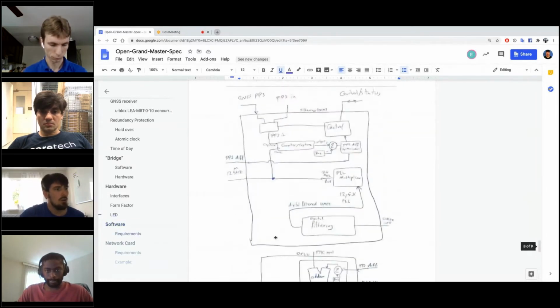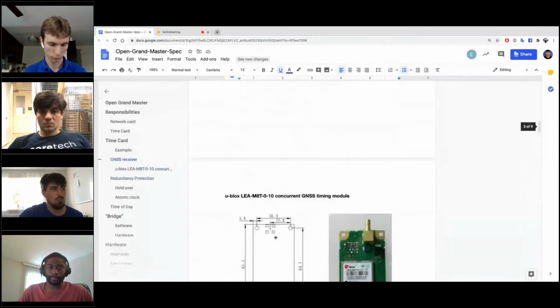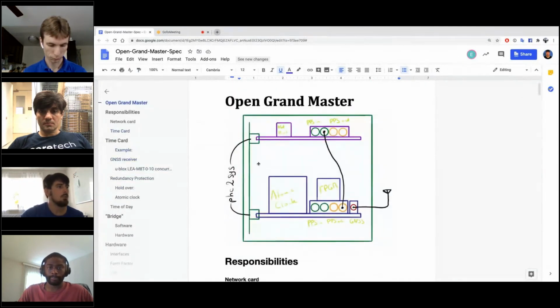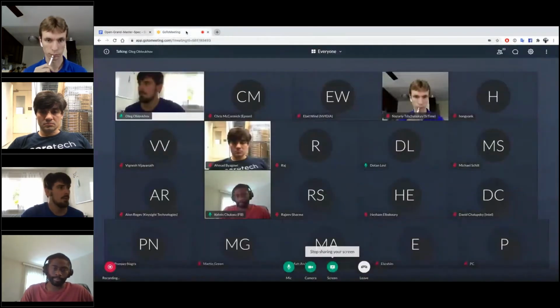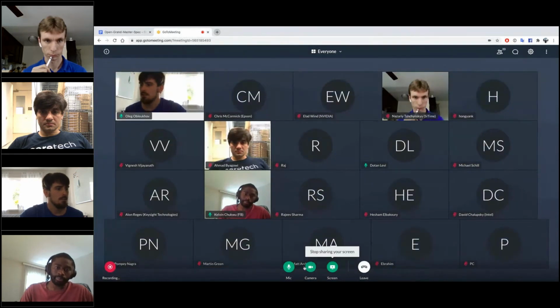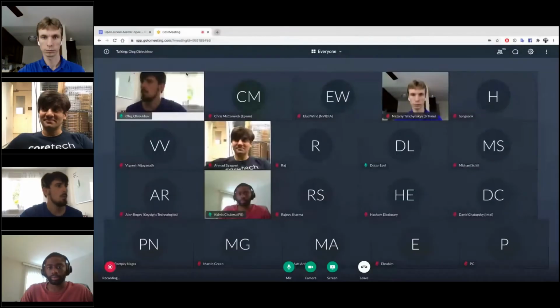Right, so with this, I can give the word to Dotan, who can tell a bit more about the network card component of this setup. Hi, if you can leave the slide on, I'm going to talk about this slide. Oh, okay, sorry. So I want to explain